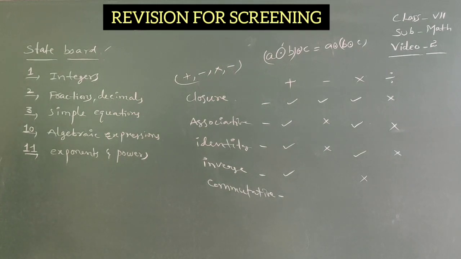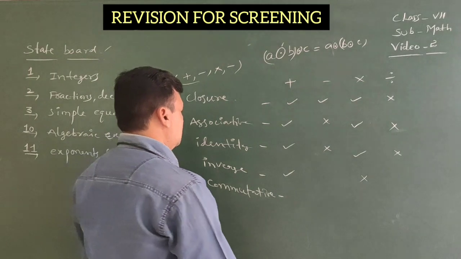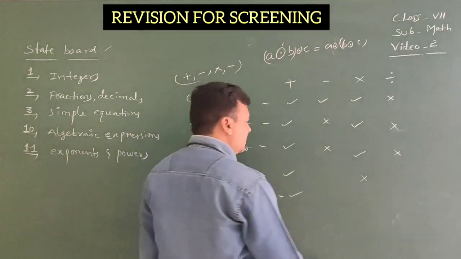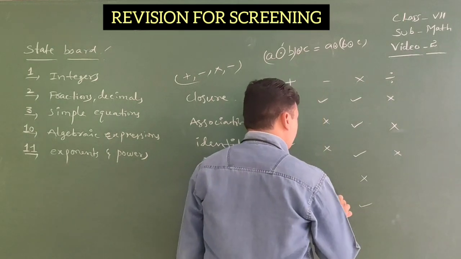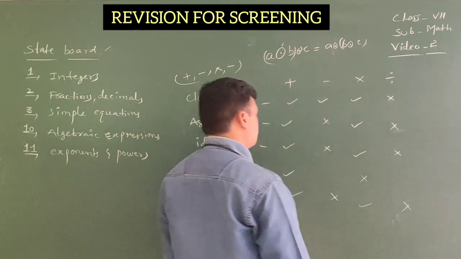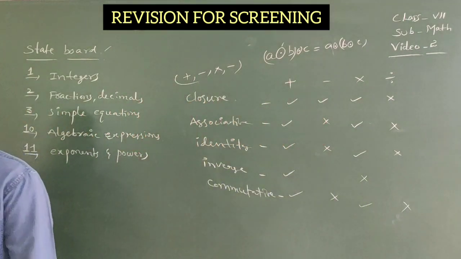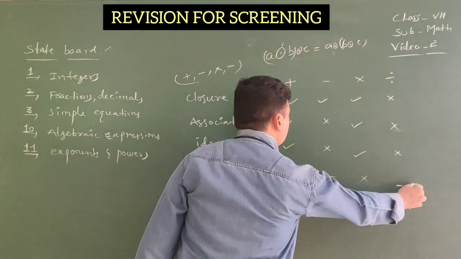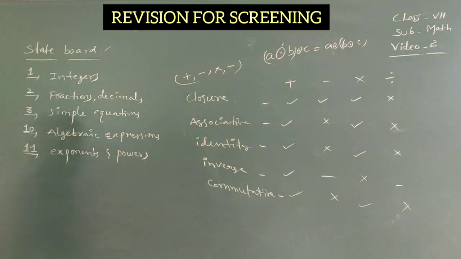That's why. Commutative. The sum of two integers gives the same result in any order. A plus B equal to B plus A. A into B equal to B into A. That holds for addition and multiplication, that's it. A minus B is not equal to B minus A. A divided by B is not equal to B divided by A. Inverse for subtraction and division does not occur here, because there is no special process for subtraction and division for integers.